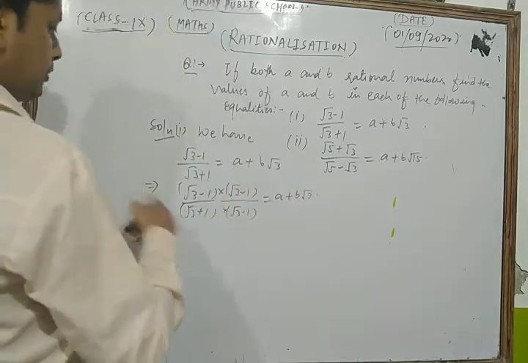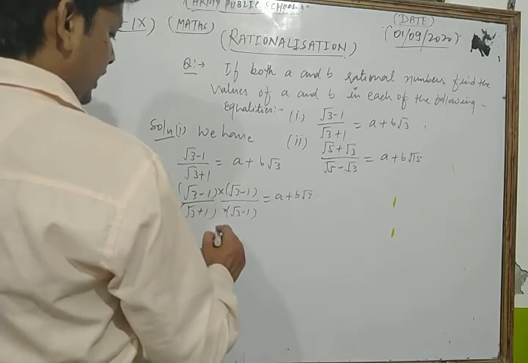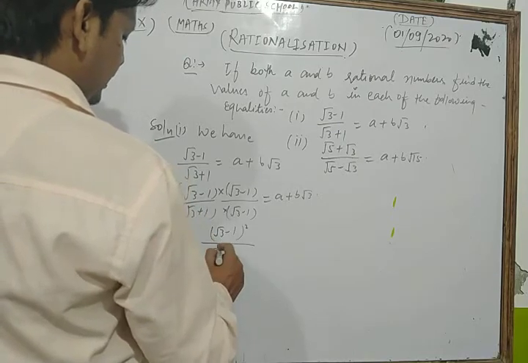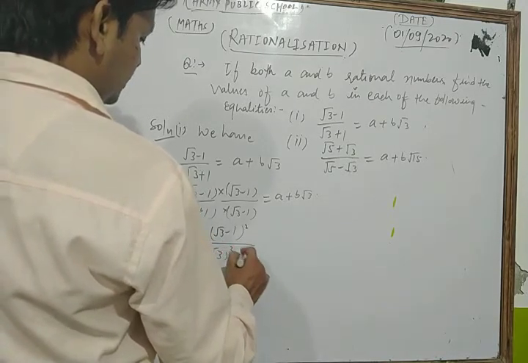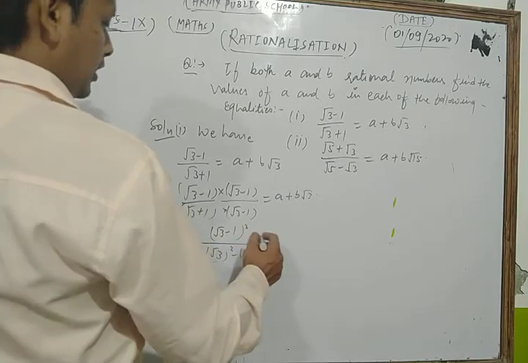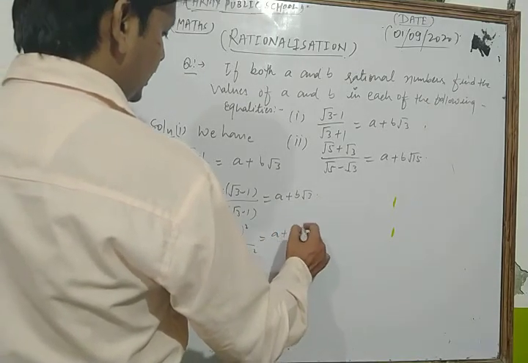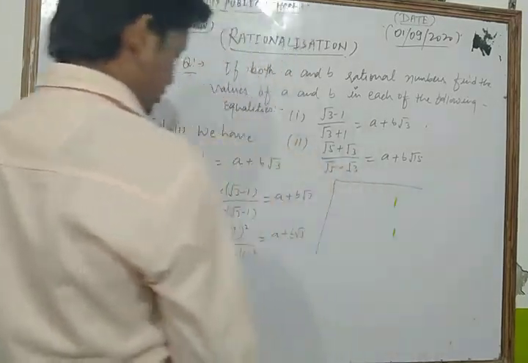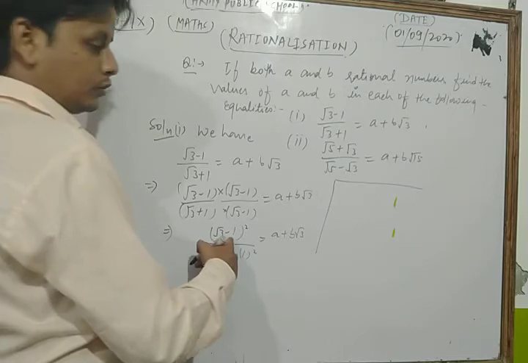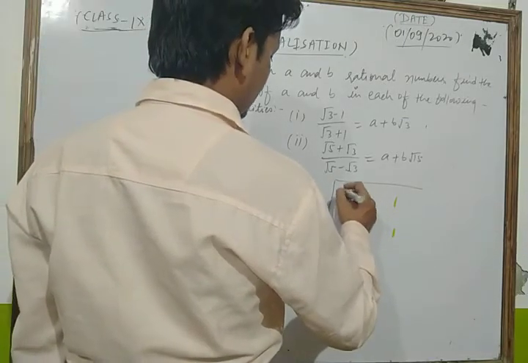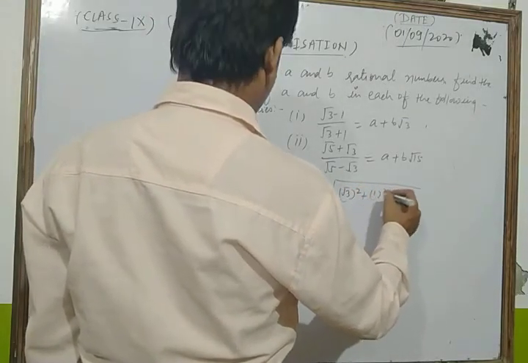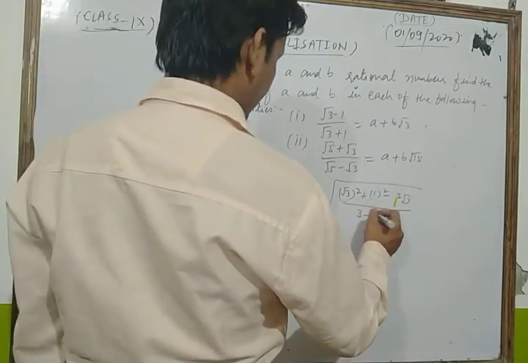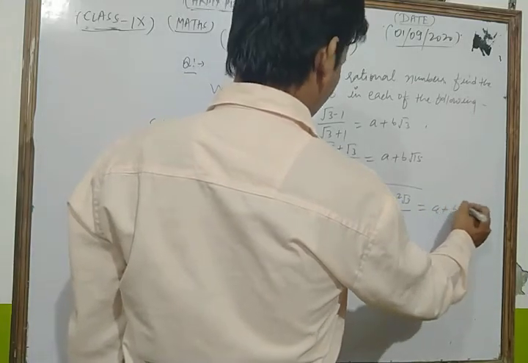Now look, what I do, we multiply here, both are the same, so we write root 3 minus 1 whole square. In the denominator we get a square minus b square, because it is a plus b into a minus b, na? And here we write a plus b root 3 as it is. Now we expand a minus b whole square, so we get a square plus b square minus 2ab, upon a square minus b square, so we write 3 minus 1, and we write a plus b root 3 as it is.